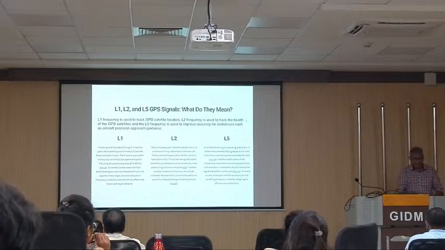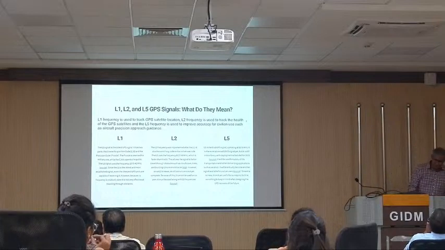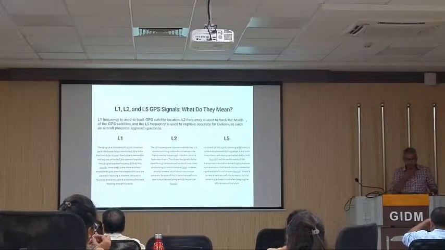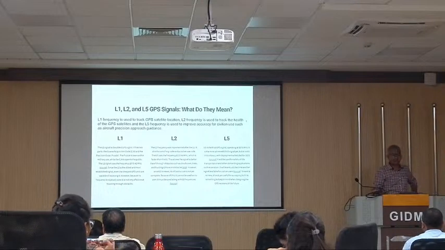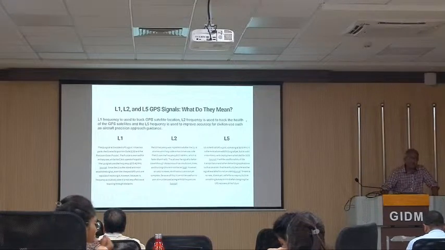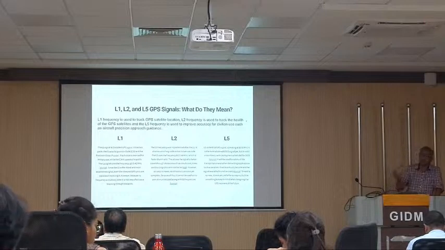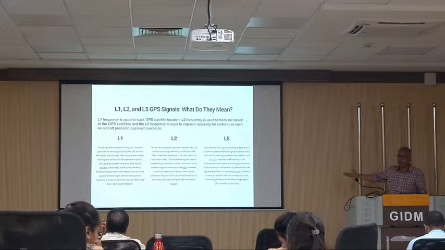So the frequency of L1 was like 1575 something, some hertz basically. L2 has a different frequency and L5 has a lower frequency. So L1, since it's the oldest one, every chip can read it. Accuracy, however, is a little lower than the L2 one, and considerably lower than the L5. And L5 is the recent one, still in an